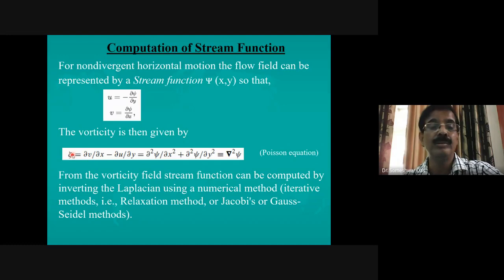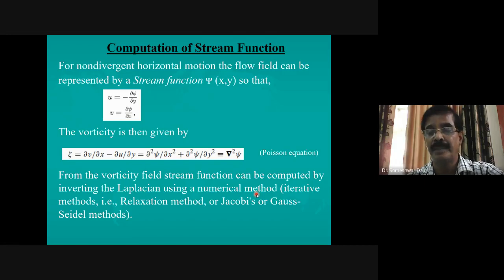And you know the vorticity field, because you have computed it yourself, right? Divergence and vorticity, you have computed yourself, isn't it? So once you have this field, then to get the psi, you just have to invert this Laplacian del square to get the psi, which is the stream function at all the grid points. So from the vorticity field, the stream function can be computed by inverting the Laplacian using a numerical method, which is